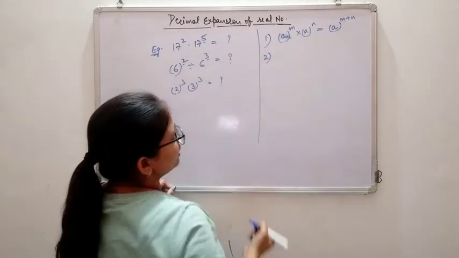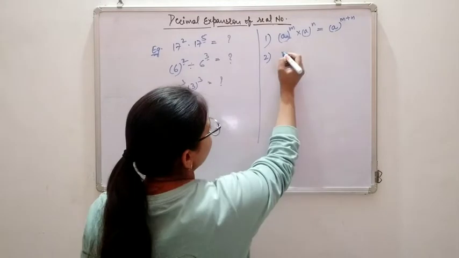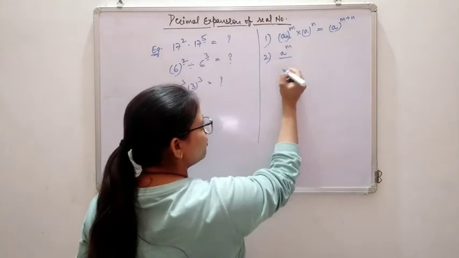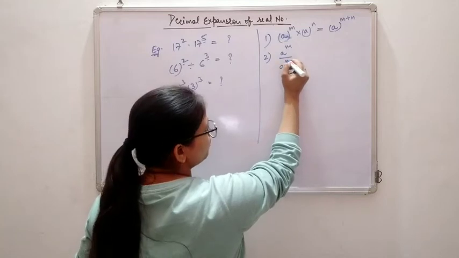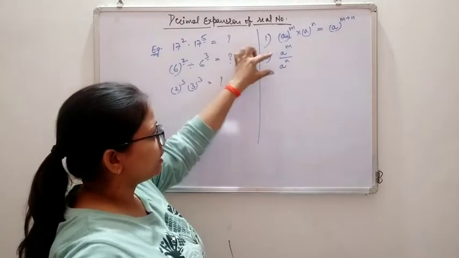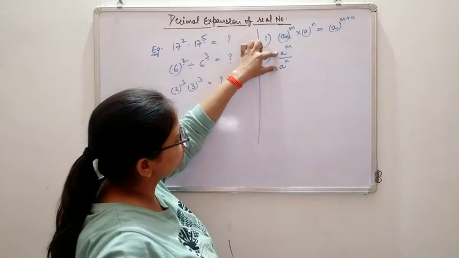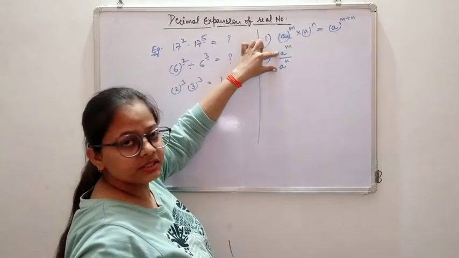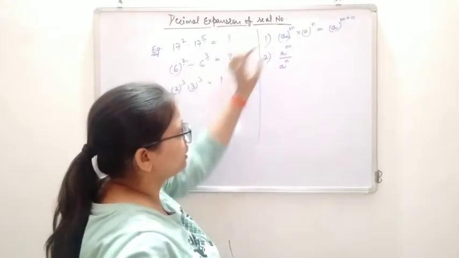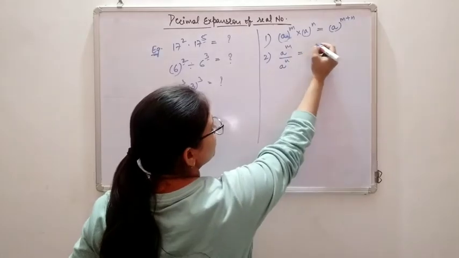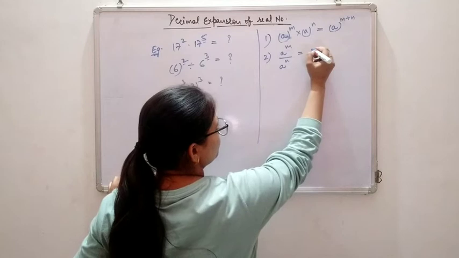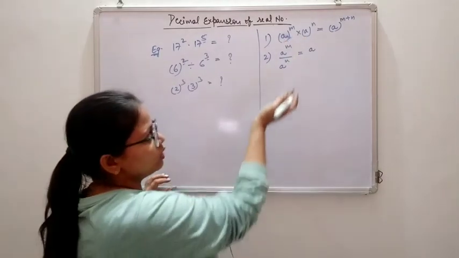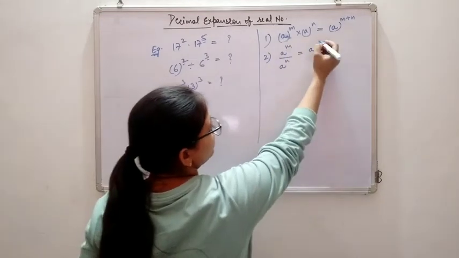Now let's talk about the second identity, which says a to the power m divided by a to the power n, meaning the base is same here and the power is different, right? So in the division, we can solve it as we can subtract these two exponents,